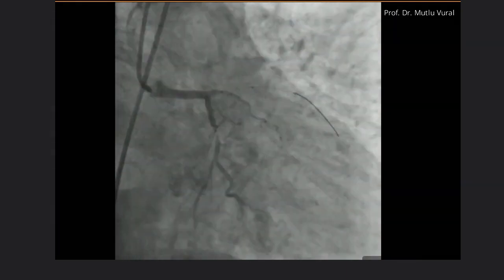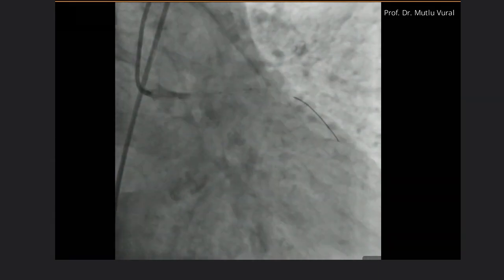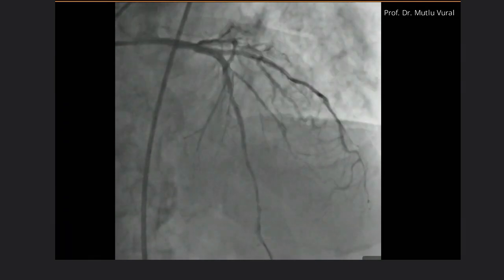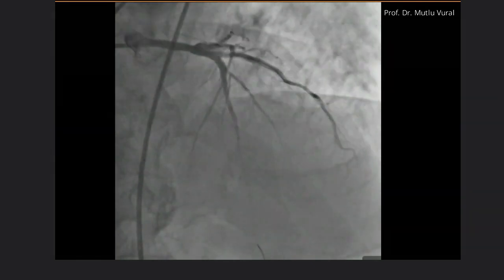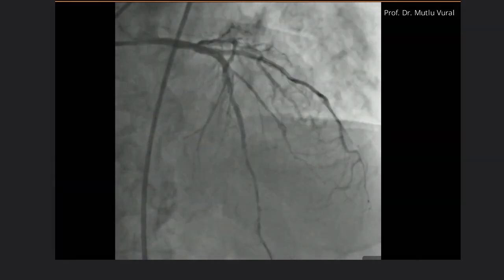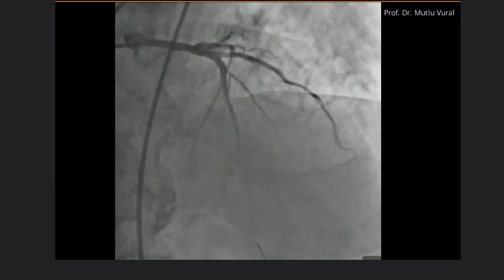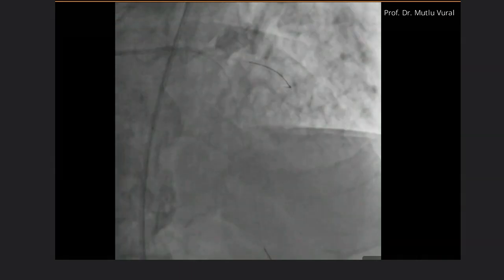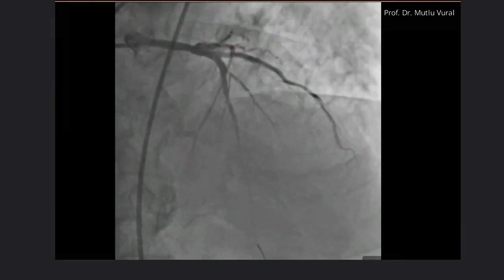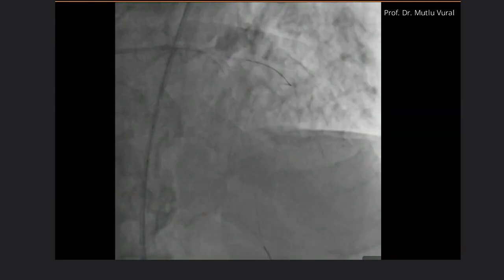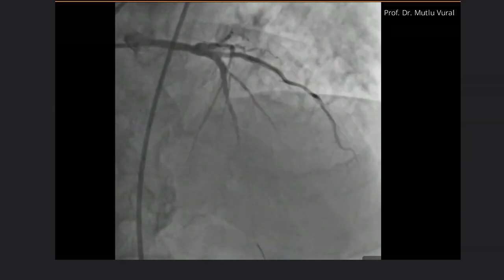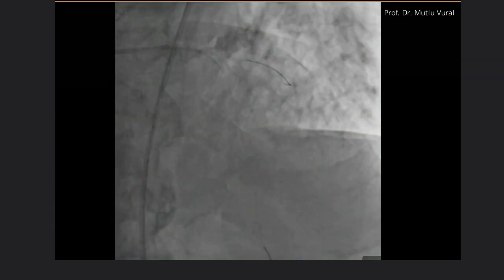This is the lesion in the circumflex artery, which was treated at another session. What is the key point in this procedure? Wiring attempt. After failing wiring attempts of a bad angulated side branch, we can first guarantee the survival of the patient. Just put a stent for the culprit lesion and then try to rewire the side branch,